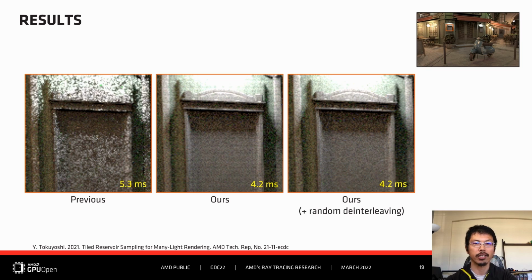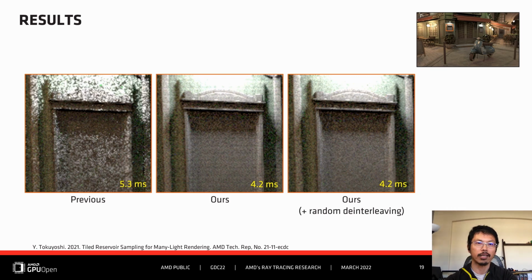Here we are showing the improvements from the previous method to the proposed method. As you can see on the left, the previous approach, which is a simple random sampling, is producing quite a lot of noise. However, our method in the middle is producing a cleaner image.